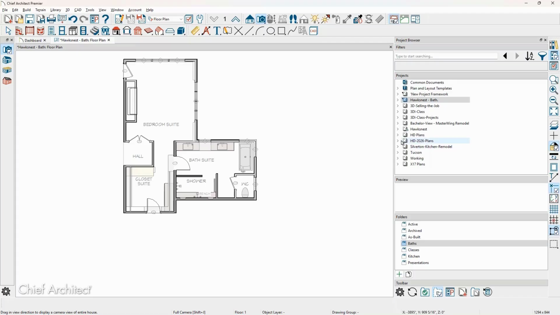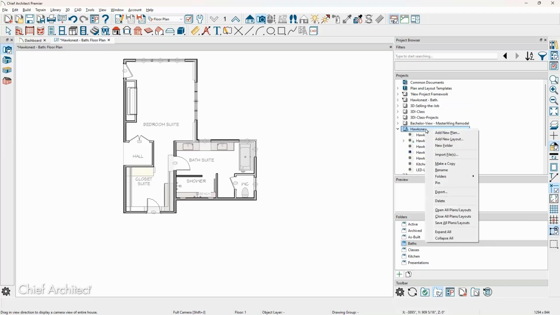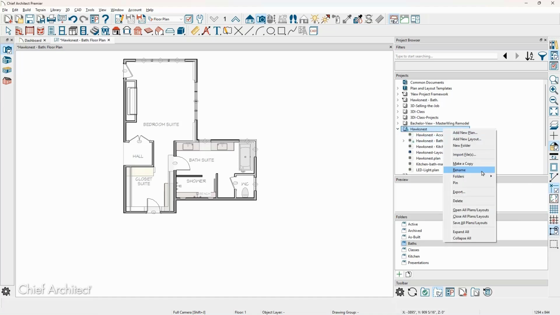Let's open up one of these other projects in here. I'm going to flag this one to B. You have to do it, by the way, at the project level, okay? Okay. So I can't do it at the plan level, but if I do it at the project level, then